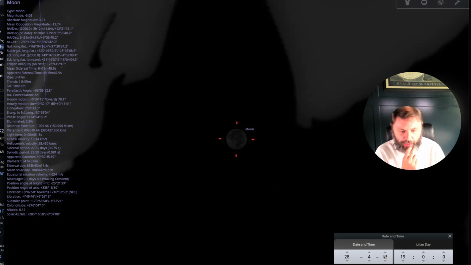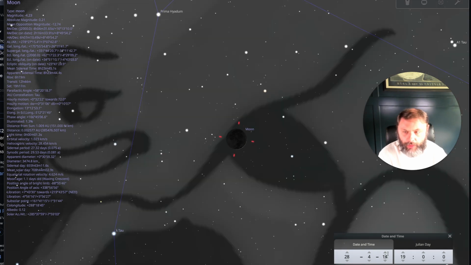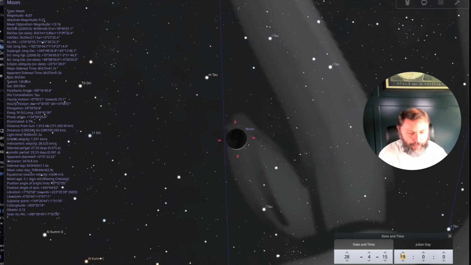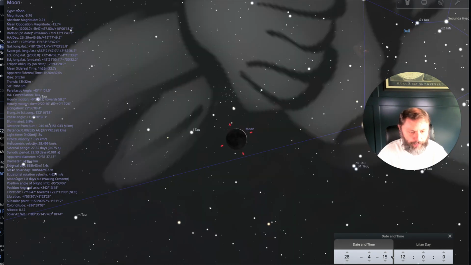Okay, so here's the dark moon. And we want to go to the first visible crescent, 1.3%. So this is the earliest day of the week it could be visible. And so this is the first day of the week, and now we go to noon,